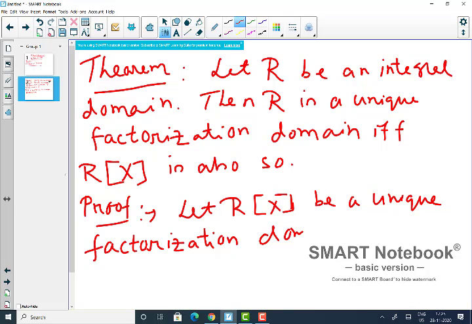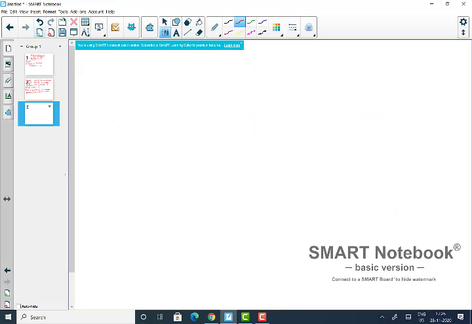Then what happens if R[x] is a unique factorization domain? I need to prove that R is a unique factorization domain, right? So for any r belonging to R,